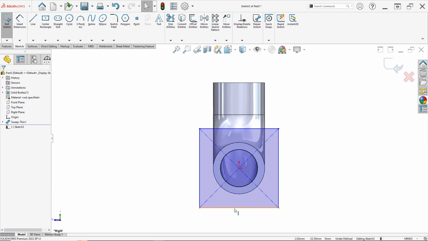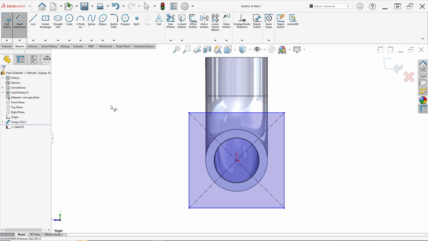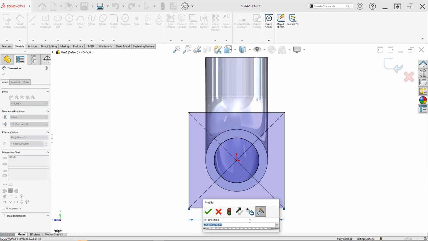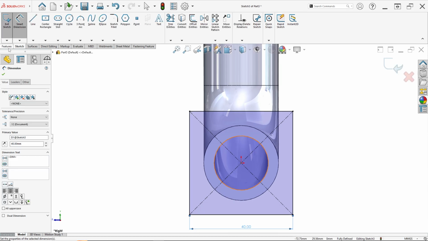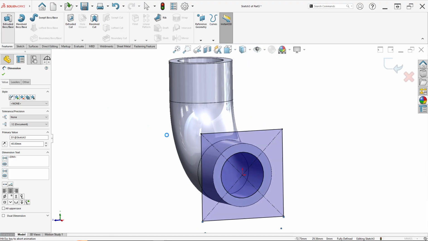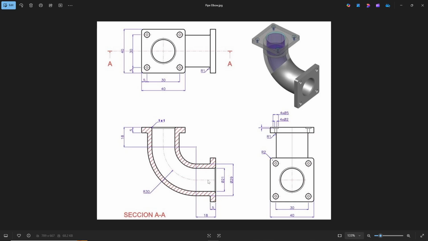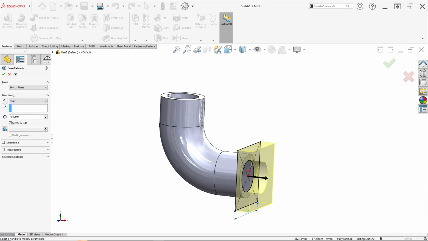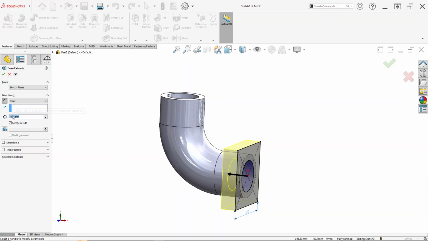So ensure this line, click Ctrl and this line, select make equal. Then set the dimension to 40 millimeter, and click feature, select extrude boss or base. For direction, the thickness is to the inside, so reverse direction here in blind, and change thickness to 5 millimeter, click OK.